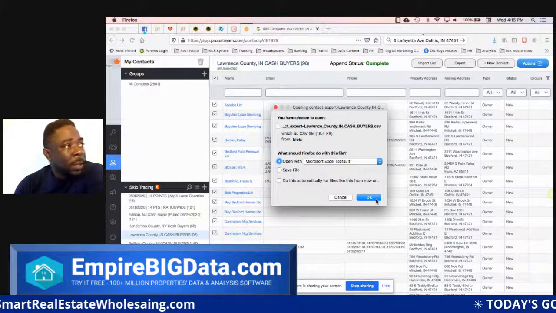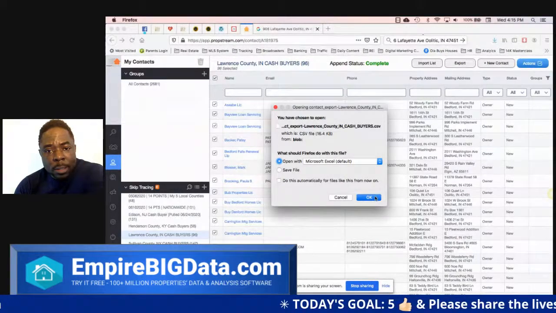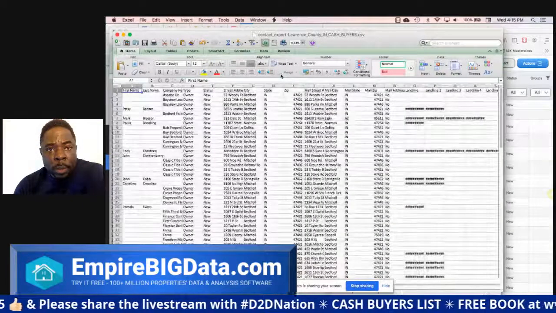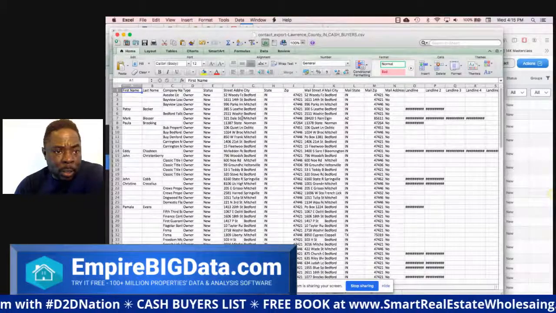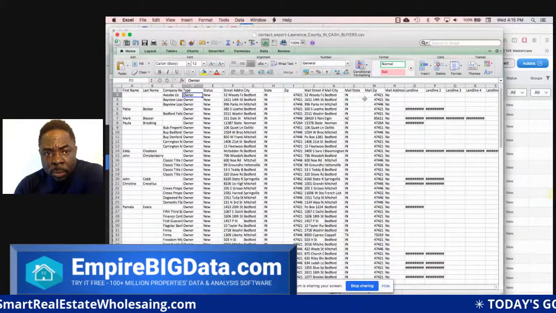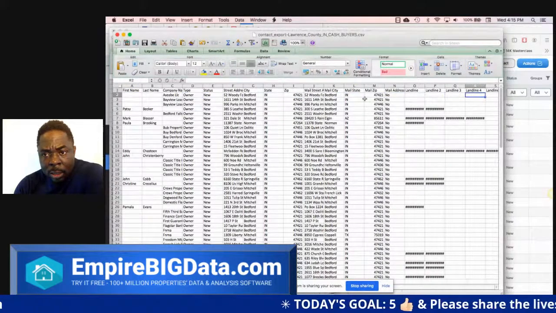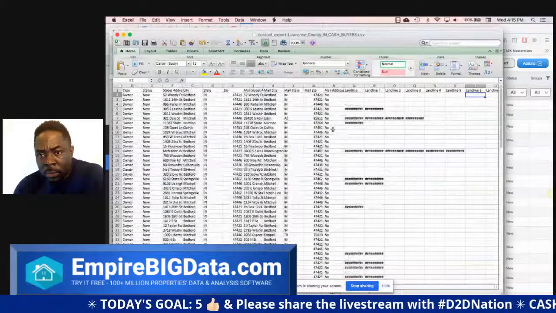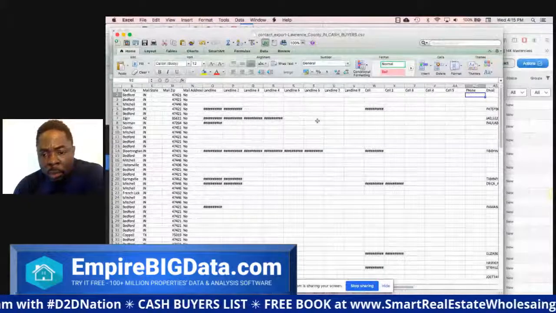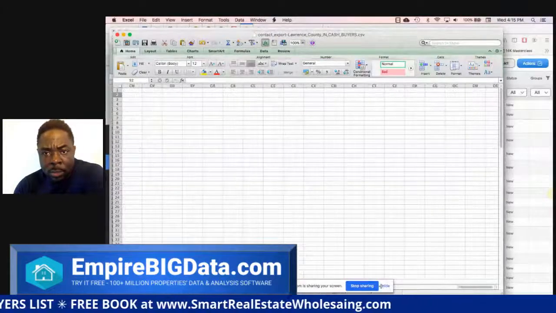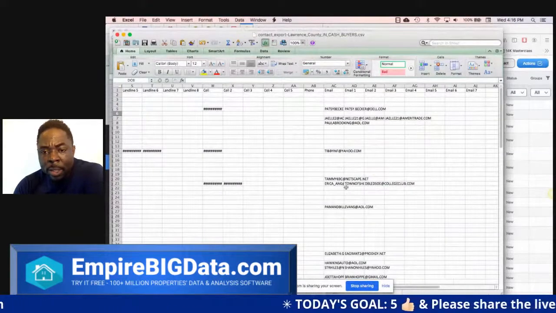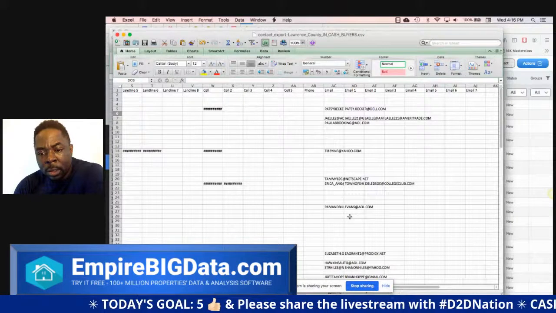Export. And right there you go. So it's opening up in Excel. This is for Lawrence County. I have some names here, some company names. So if you go through some of those company names, a lot of them don't have phone numbers. Yeah, they don't, but that's okay. But we also have email addresses for some of them. All right. So some of these buyers are connected to other buyers and connected to other buyers, and bloom, bloom,